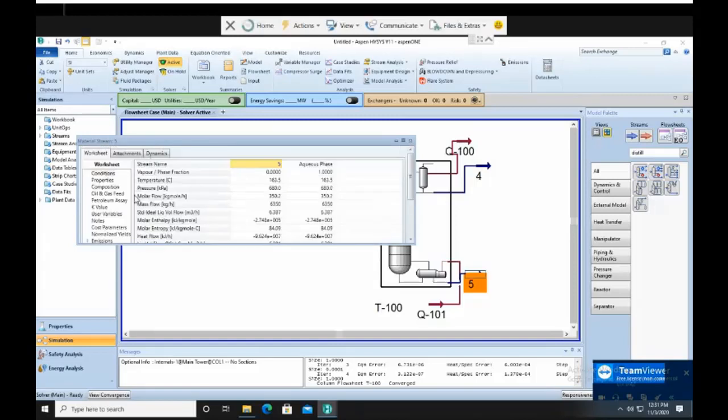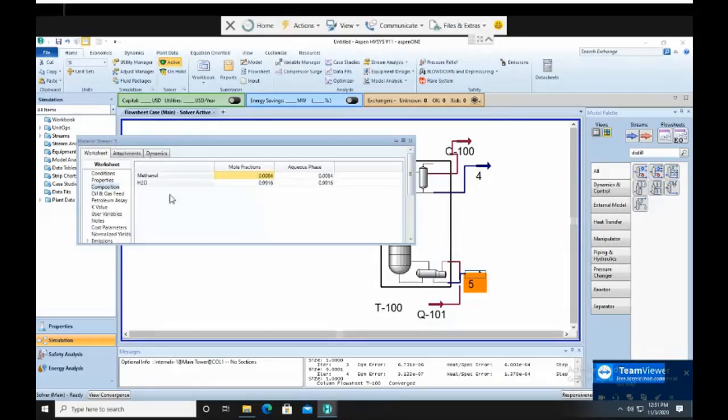Now, this is water. Water is 99.16%. So this one means most of your methanol is already in here, but there's also a big chunk of water in here. You don't want that. What you want is a good separation so that you can send the water to the